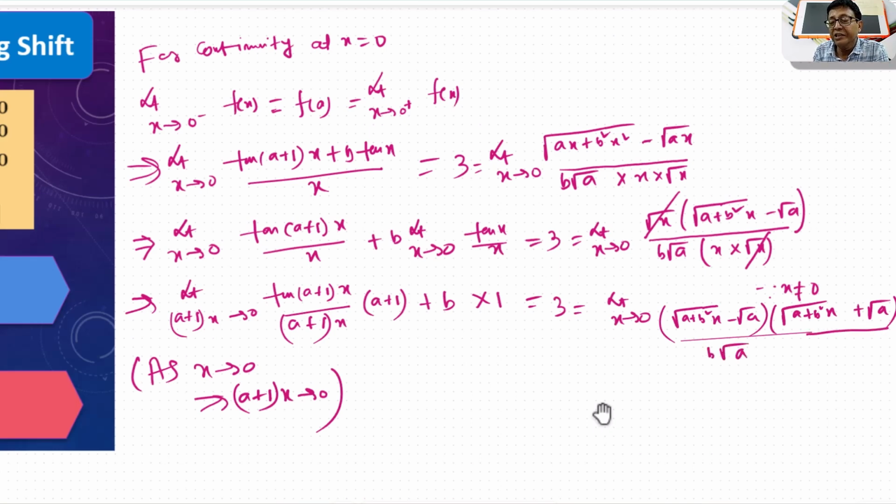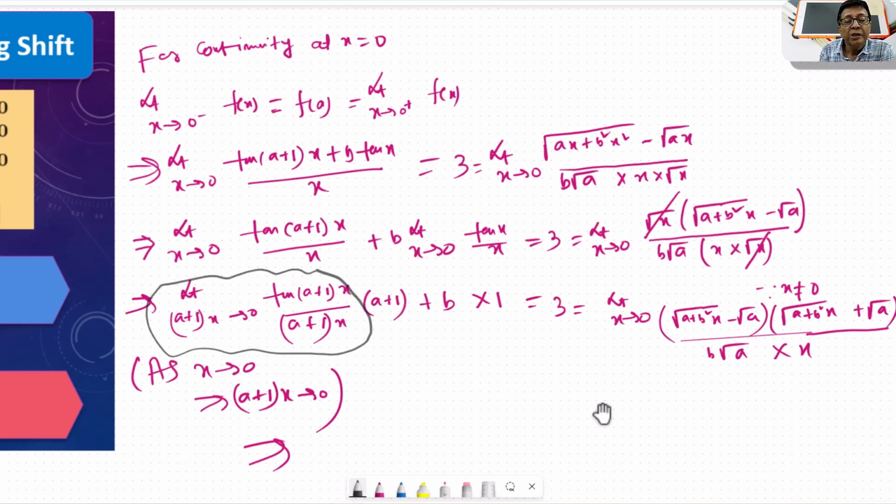So that change we wanted to cancel from inner and rear. So this implies, now this part is going to be a standard limit, isn't it? And a plus 1 will be outside, this part is 1, plus b equal to 3, and this one